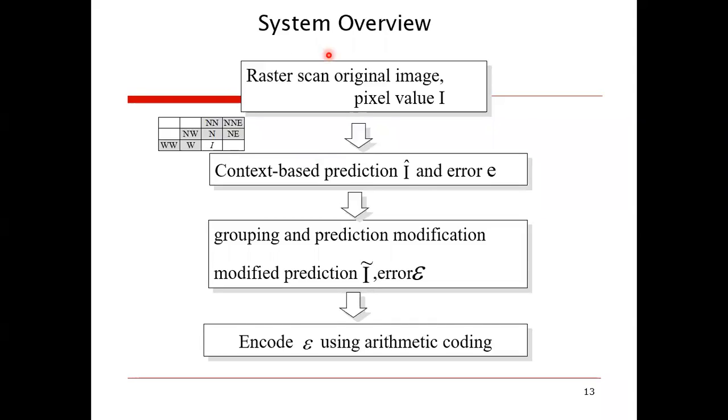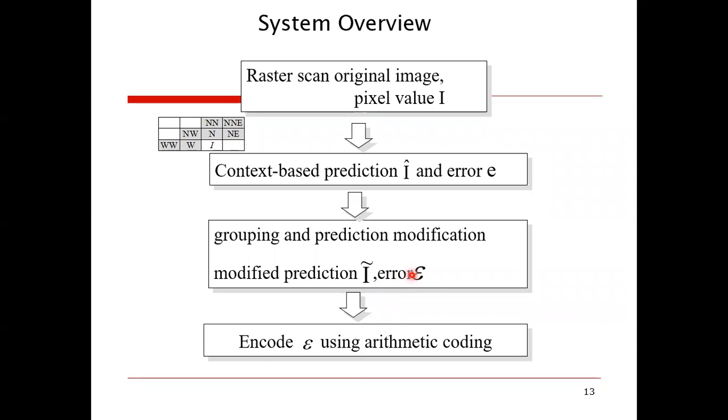First, you will do a raster scan of the original image and find the pixel value I. Another step is that we will find the predicted value, known as I bar, and calculate the prediction error E. After that, you will perform grouping and prediction modification, that is, you will find a modified prediction I bar and the modified error E, and we will encode the modified error using arithmetic coding to compress the image.